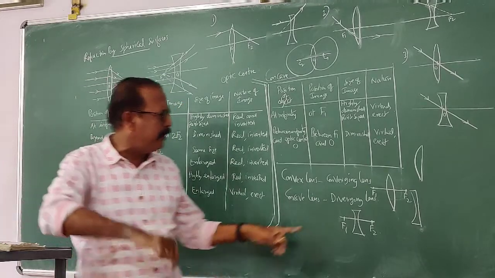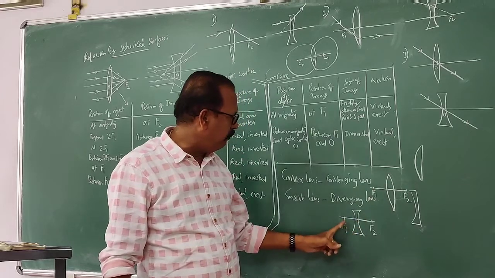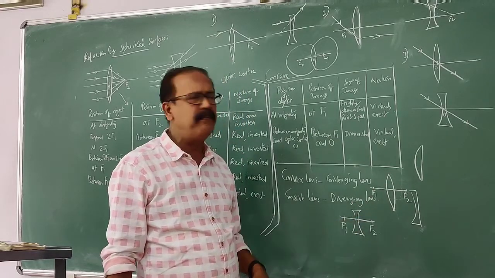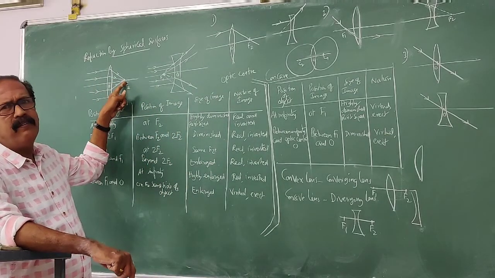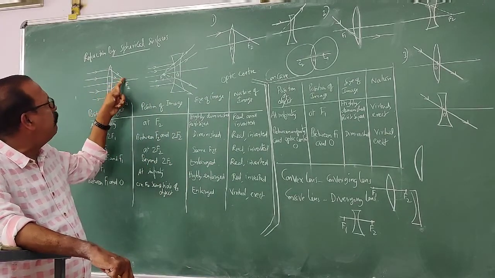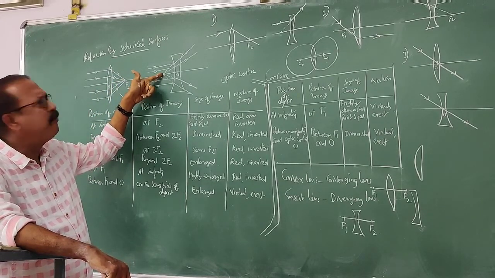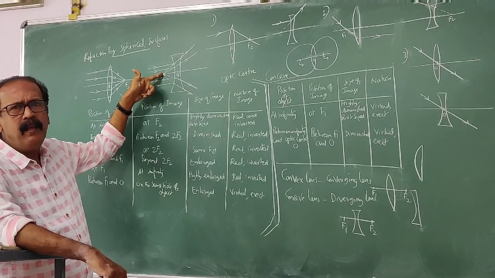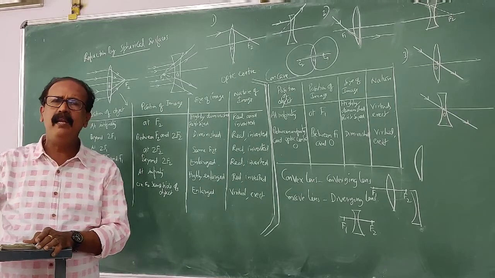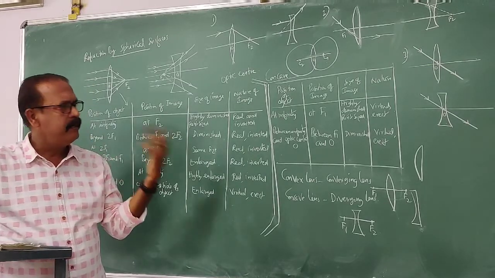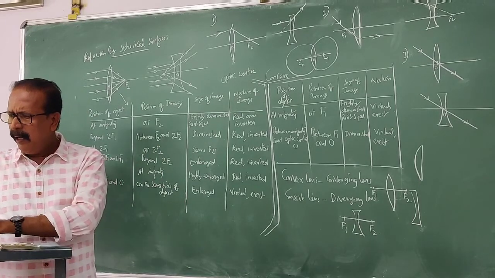Anyway, you should understand that a convex lens has two foci, one on either side. A concave lens will also have two foci on either side. But we concentrate on the right focus for a convex lens, where the light rays converge, and we concentrate on the left focus of the concave lens, where the light rays appear to diverge in front. A convex lens is a converging lens and a concave lens is a diverging lens. Hope you are clear.